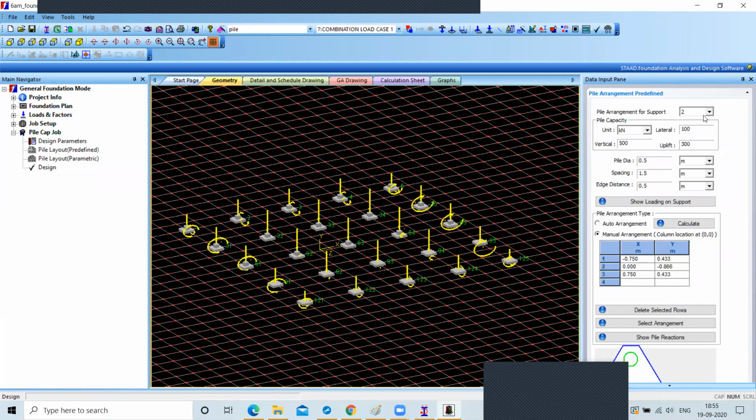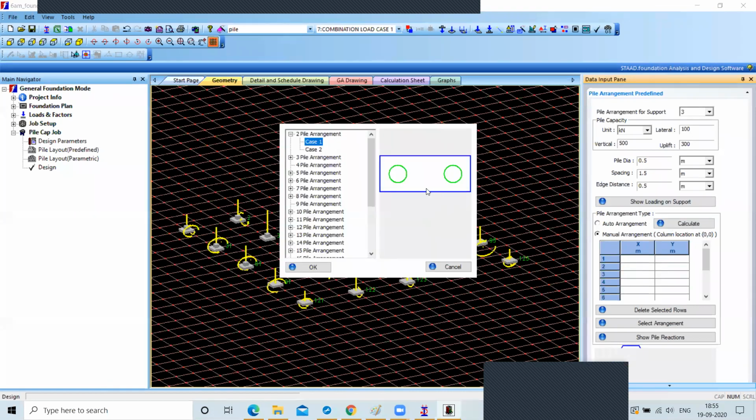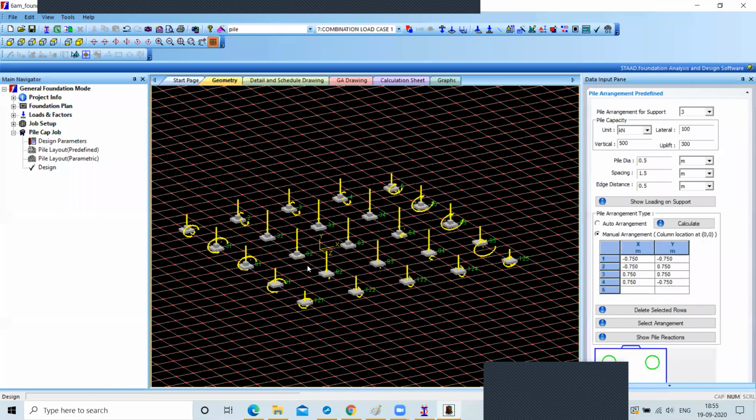Now similarly you can select your third support, click on calculate, and here you have to choose pile arrangement 4. It is not compulsory to increase your piles for every support.